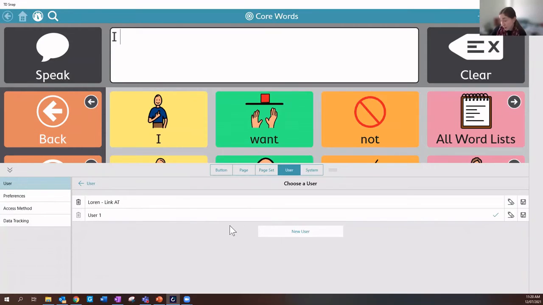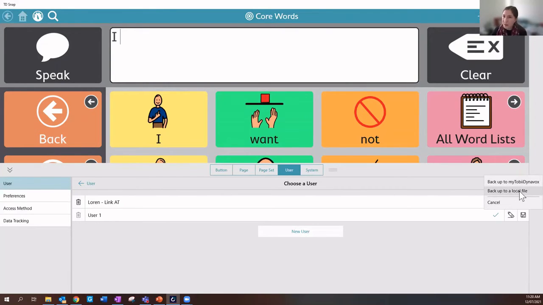This is the part where you can back up your user. If I go to the little save icon and click on that, it gives me the option to back up the whole user to my Tobii Dynavox account. Really handy to do, because if you're working between accounts, between devices, it's good to have it all saved onto your account. And you can also back up to a local file,